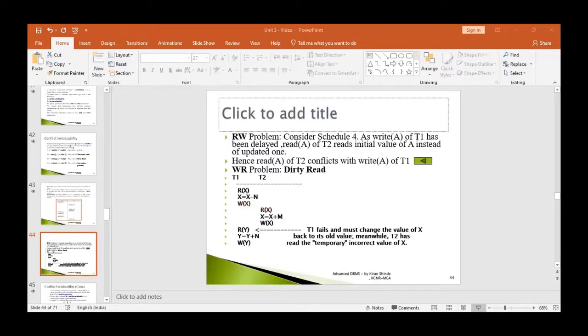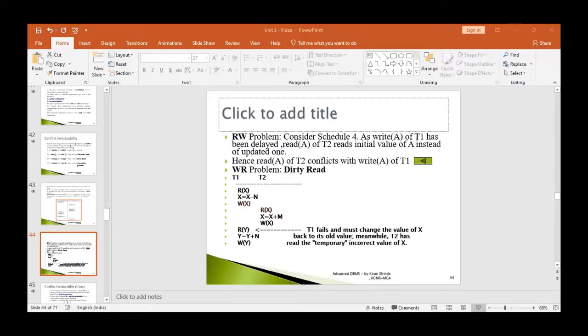Now, all the instructions we have cross-checked. And now we are going to observe the graph. If you see in this particular graph, we say that a cycle has arisen if there is an edge starting from a transaction, continuing with the other transaction, and again meeting the same transaction.